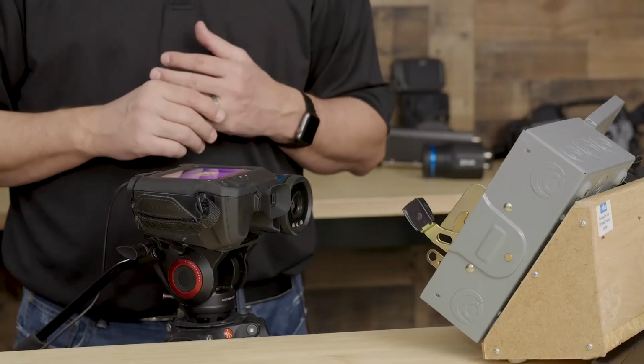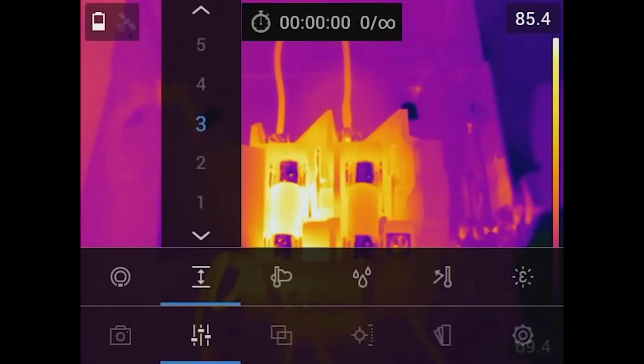Here we can go ahead and change the object distance. So when we're looking at outdoor targets, we can set up a distance, and this happens to be, I think on my camera set up in feet, but it might be meters, but we can go ahead and set that up in terms of distance from the camera to the object. Now when we're doing stuff indoors, we really don't need to set that.